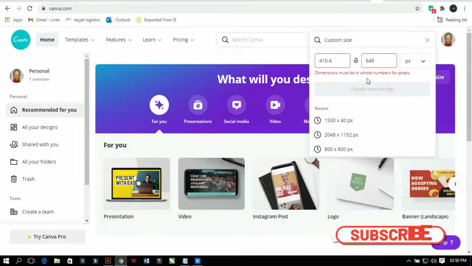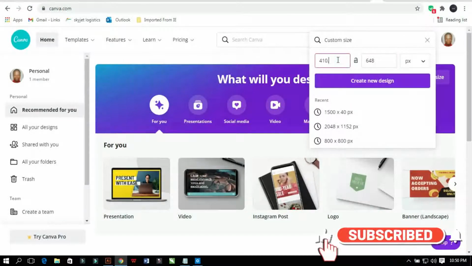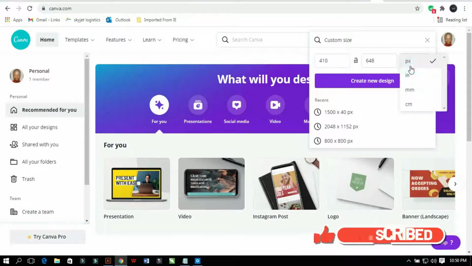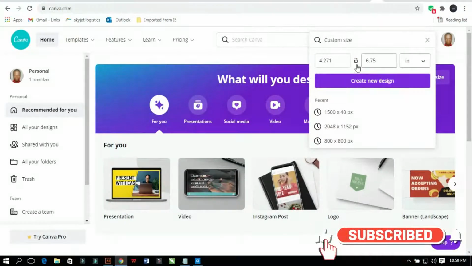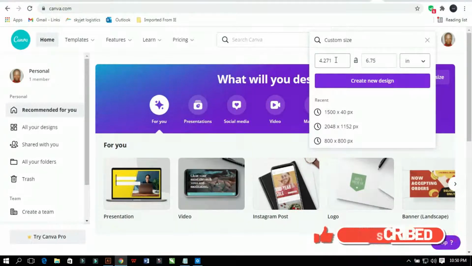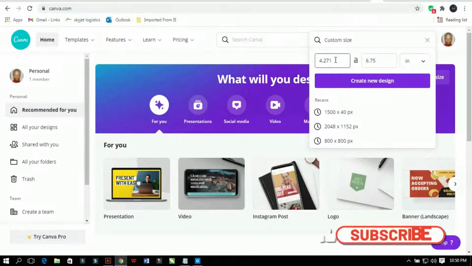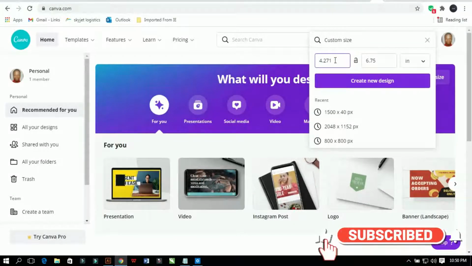You can see dimension must be in whole number for pixel. So let me delete the decimal points here. So if you are going to go, you can create design for pixel. Let me change to inches and see the figure that we have here. So approximately the figure here is quite different from the normal dimension that we normally use, which is 6 by 9. So let me just, in inches, enter 5.7 by 9